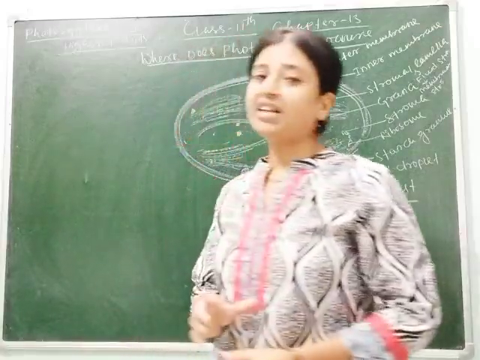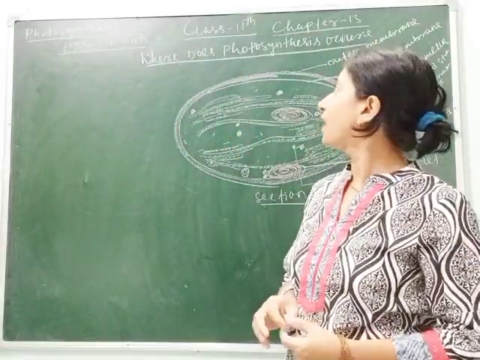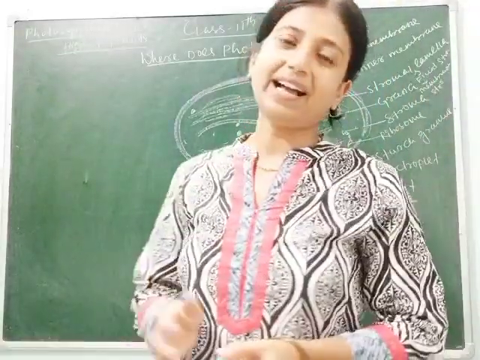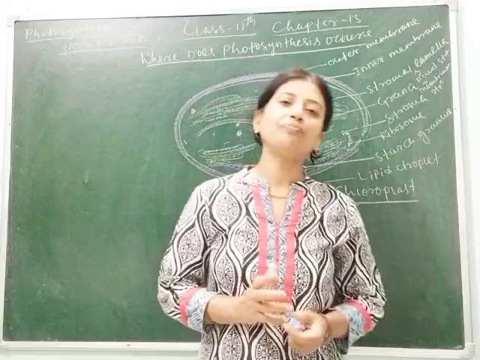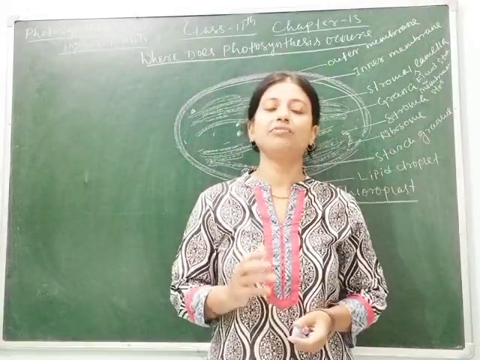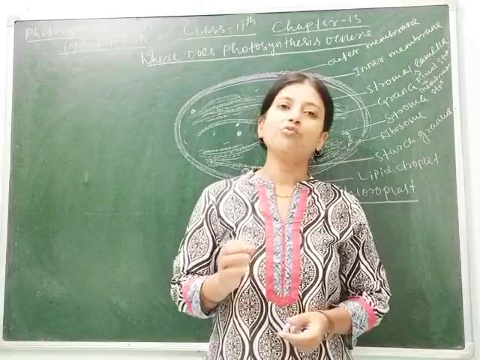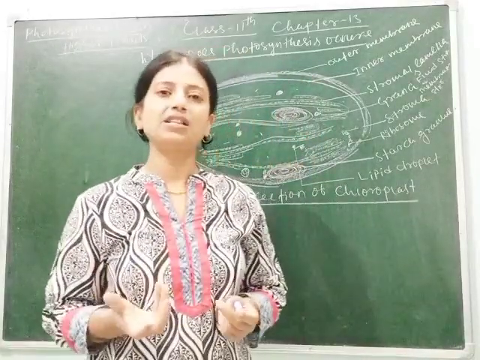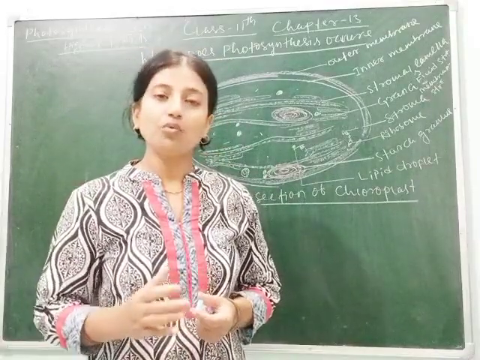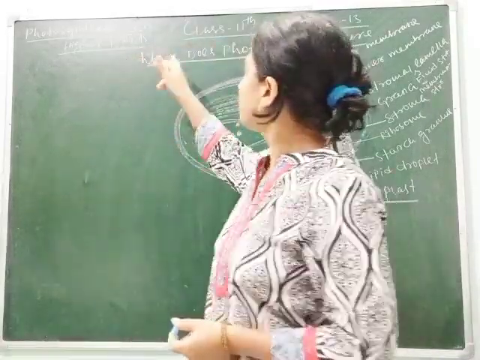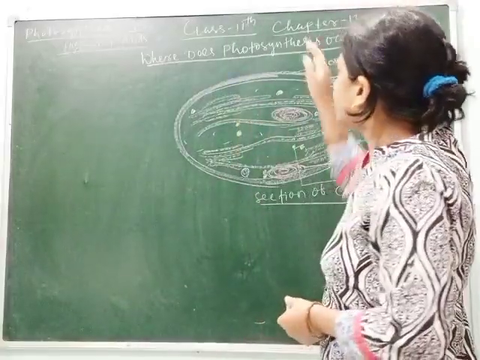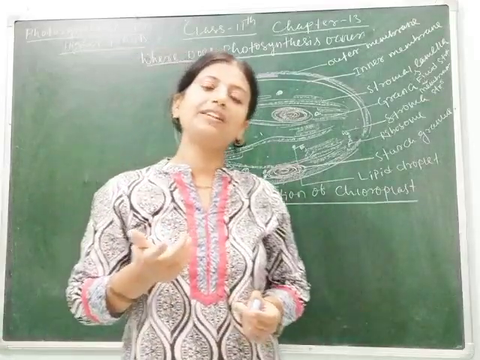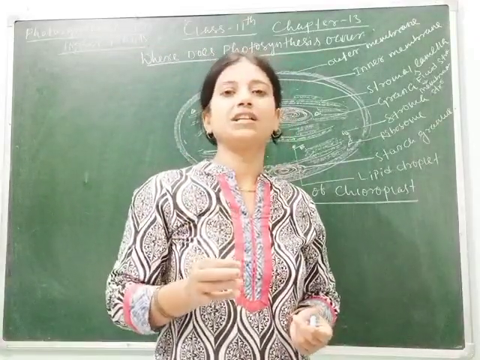Students, we have started a new chapter of class 11, chapter 13, photosynthesis in higher plants. In my last class I explained the introduction of photosynthesis, its importance, and the scientists who did experiments to find the substances required during photosynthesis. Today we will study where photosynthesis occurs, meaning in plants, where glucose or carbohydrate is prepared, where this process takes place.